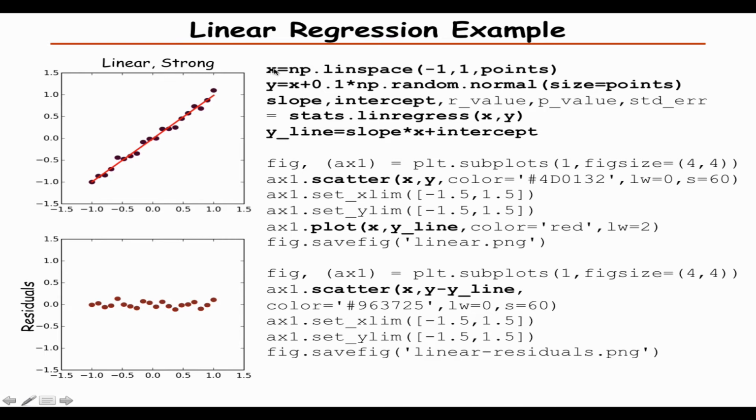First we set x, in this case we had 20 points, between -1 and 1, and then y is equal to x plus a randomly distributed normal distribution. Then we calculate the slope and intercept, and the line is the slope times x plus the intercept. Then we can just plot these, and these are the plots that you get. So it's really very easy to use linear regression here